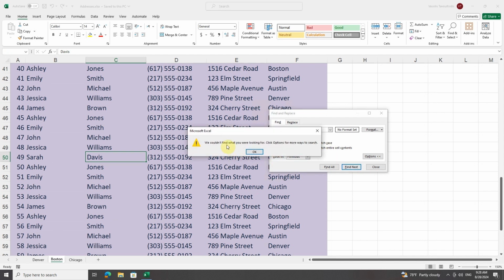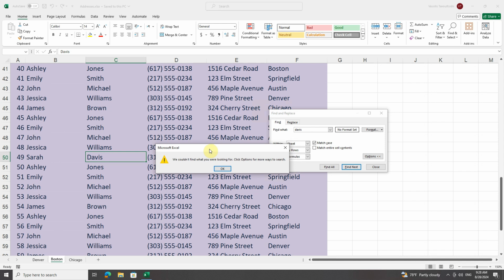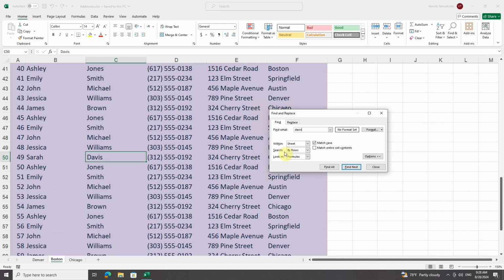Now it tells me it can't find it, so this option, when enabled, will find only text written in lowercase or capital letters exactly as I write them in the search box. I will click OK here, and the last option I will show you is the within list, which by default